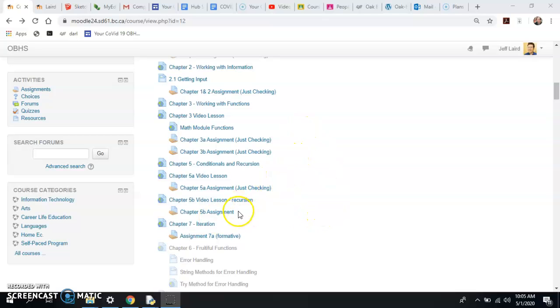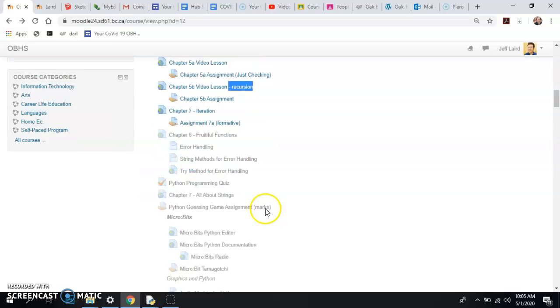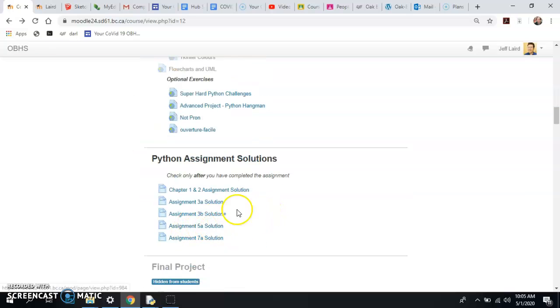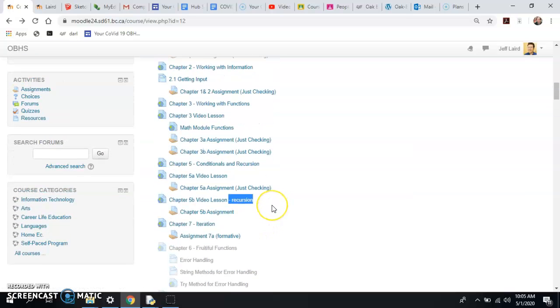I hope you got the 5B assignment and the lesson on recursion, and we're able to understand that. It's a pretty tricky concept, so if you struggle with it, definitely do have a look at those solutions down there that I've posted. But it's really valuable and useful to tie in this idea of how